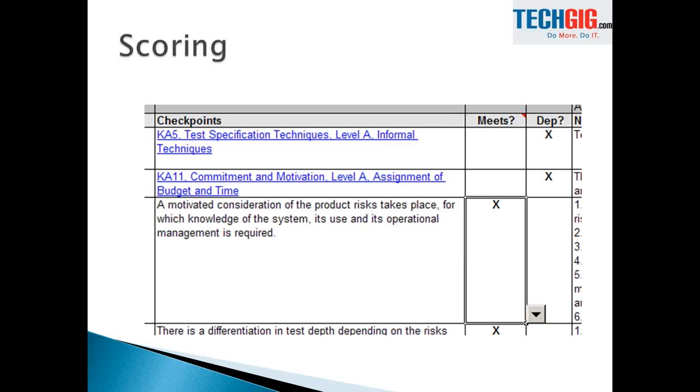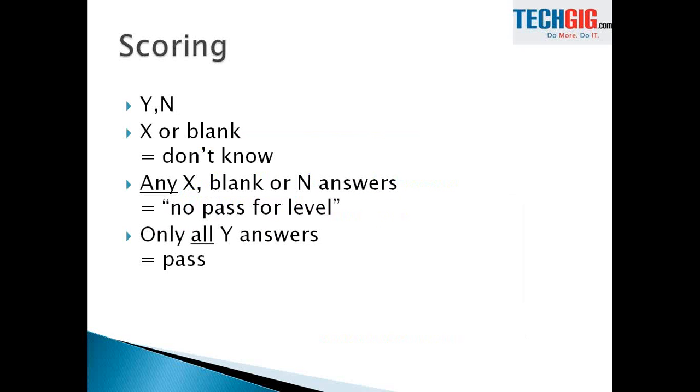And this is a sample scoring sheet where you can see the ratings, that is marked by X, which means the particular level has been satisfied. And there are similar other notations for being not satisfied or not applicable or partially satisfied. So this is how the scoring looks like.